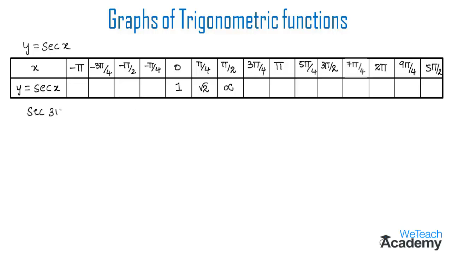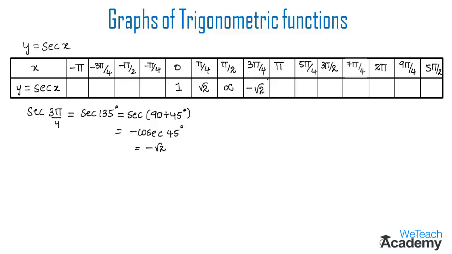and the next radian, which is 3 pi by 4. So secant 3 pi by 4 is equal to secant 135 degrees, and we can write this in the form of secant 90 degrees plus 45 degrees. And this is in the form of secant 90 degrees plus theta, which is equal to minus cosecant theta. So here we get minus cosecant 45 degrees. So that implies the value of cosecant 45 is root 2. So here we get minus root 2 as the value of y when x equal to 3 pi by 4.